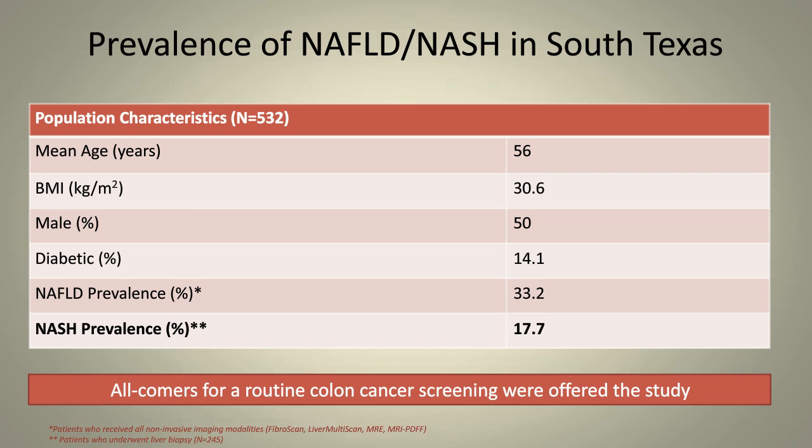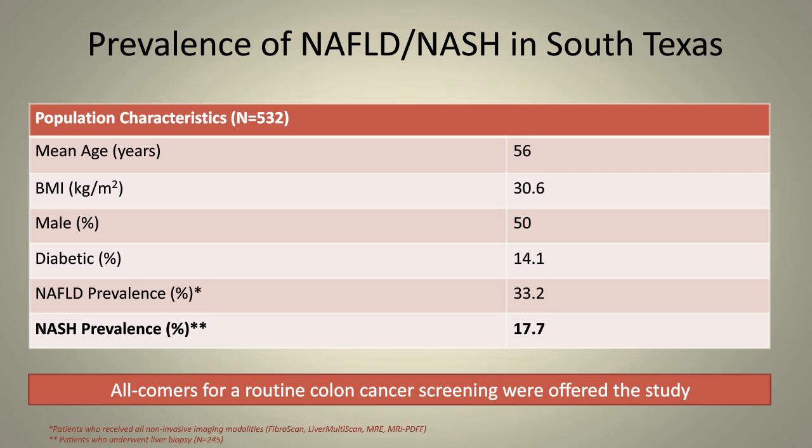Now, if you look at the prevalence of fatty liver in the entire population of 532 patients, it's 33%, which is not inconsistent with what's published in the literature. If you look at the recent review article written by Zobair Younossi, that paper says 25% of the U.S. population has fatty liver, but that's kind of all comers. If you focus in on the 56-year-old population or the middle-aged population, it's a little higher at 33%.